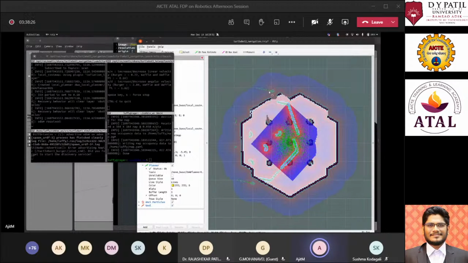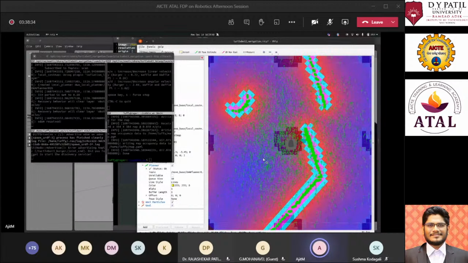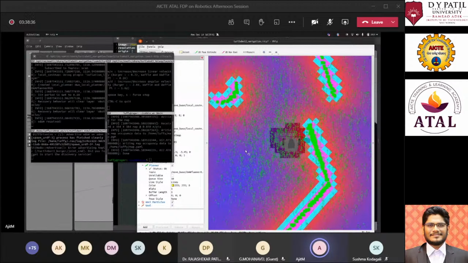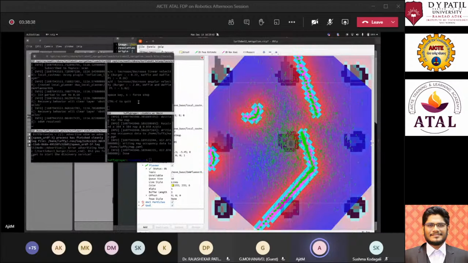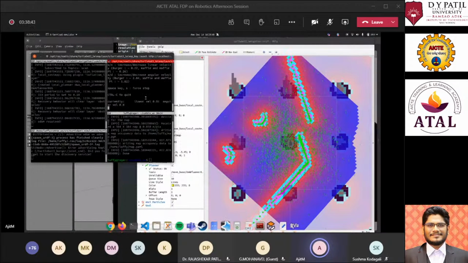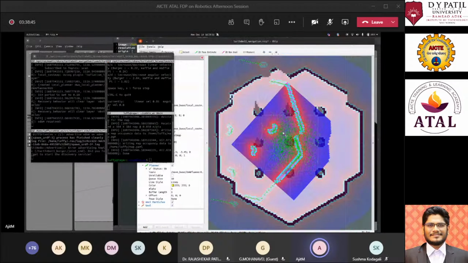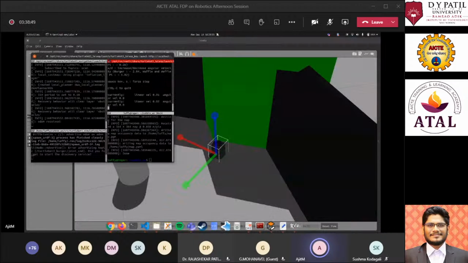And this is the new scan. These green highlighted points are the new scan incoming to the robot. And you can see there are small arrows, and these arrows are basically the prediction of where the robot is. So if we move the robot around somewhere, it will start to take in data.